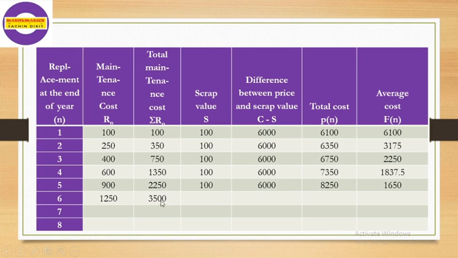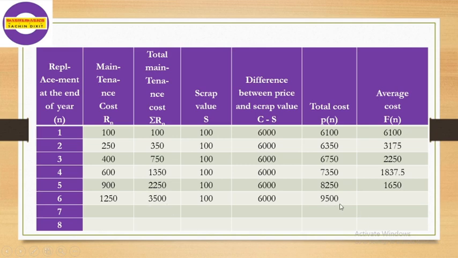That means we add 2250 plus 1250. We get 3500. Now the scrap value and this difference will be the same, and now we have to find the total cost, and for that we have to add this 6000 to this 3500. We get